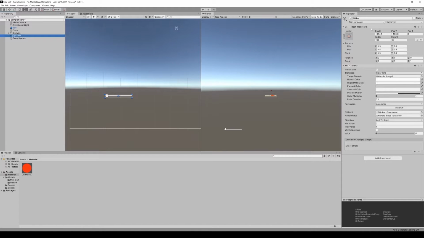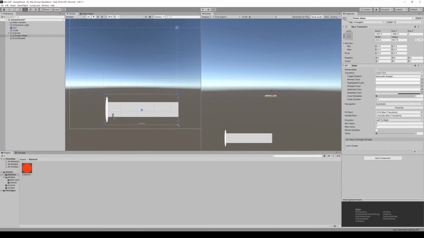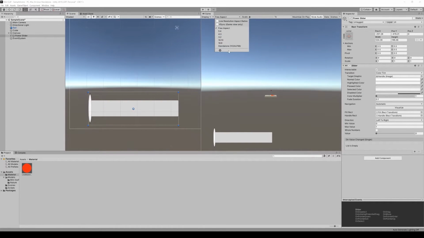So let's call this power slider. That sounds a bit more appropriate. And we're going to make it a lot bigger. And something we'll do, just so we can get a better idea of how it's going to look in a